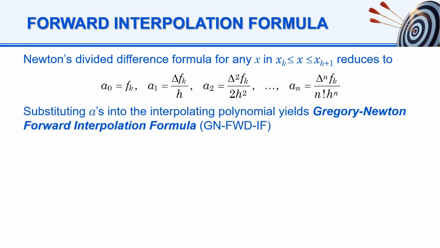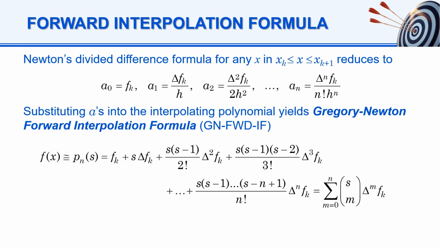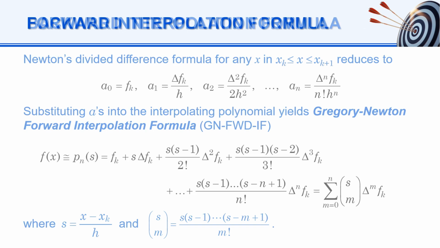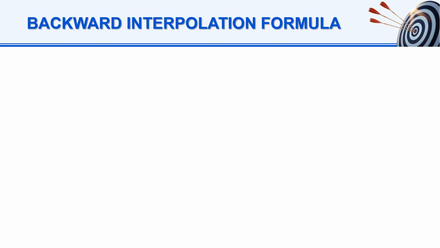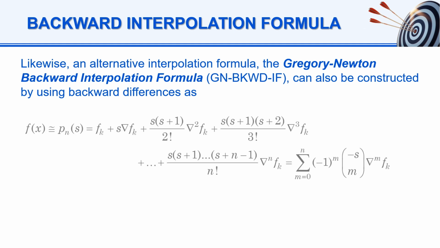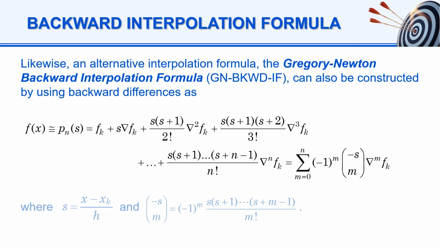Substituting a's into the interpolating polynomial yields the Gregory-Newton forward difference interpolation formula, where s is the interpolation variable defined as x minus xk over h, and the term in parentheses denotes the binomial coefficient. Likewise, an alternative interpolation formula, the Gregory-Newton backward interpolation formula, can also be constructed by using backward differences as follows, where s is the interpolation variable defined as x minus xk over h and s m in parentheses is the binomial